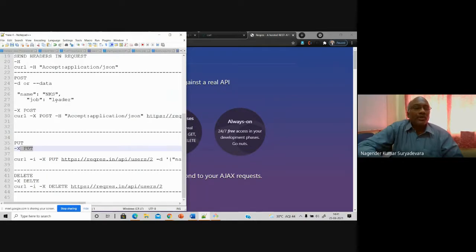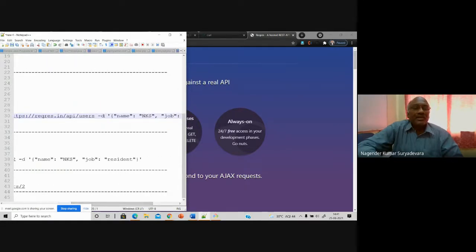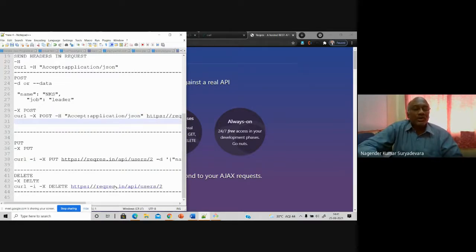If you are using the post method, in the header section you have to put what type of file you are giving. If you are giving some data, the data should have a prefix of hyphen small d. Small d indicates data, or you can write data itself. And what is the data? If it is in JSON format, and people don't know what JSON format is, do not worry, we will discuss it in unit 3. But ordinary text files can easily be inserted here. So I expect an ordinary text file to be practiced instead of JSON. Those who know JSON can practice these things.